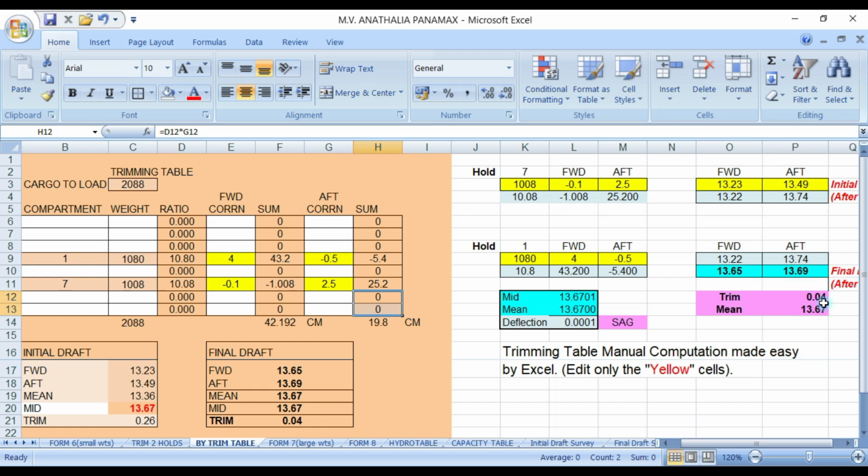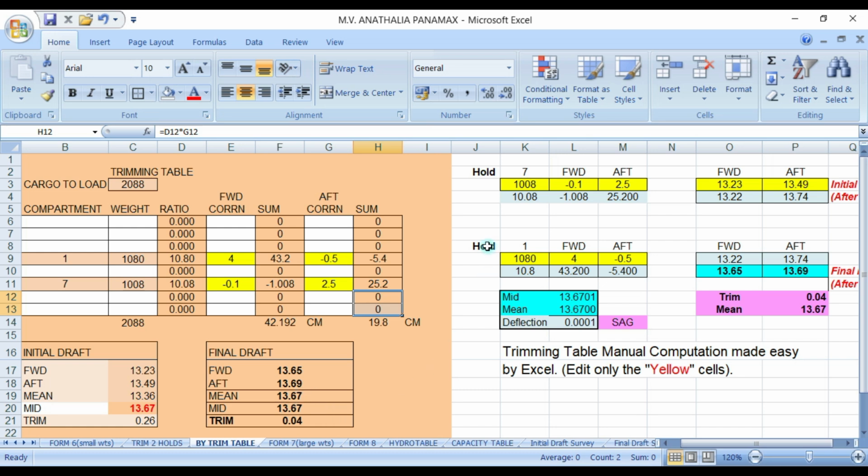And here you have a trim of 0.04 and your mean draft is 1367. Take note that your mean draft is 1367 and your mid draft is 1367, meaning you have a 0 deflection.